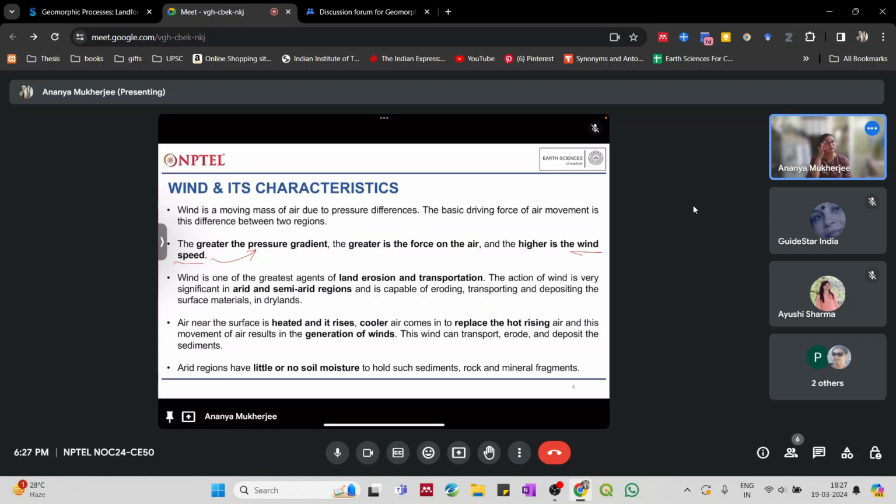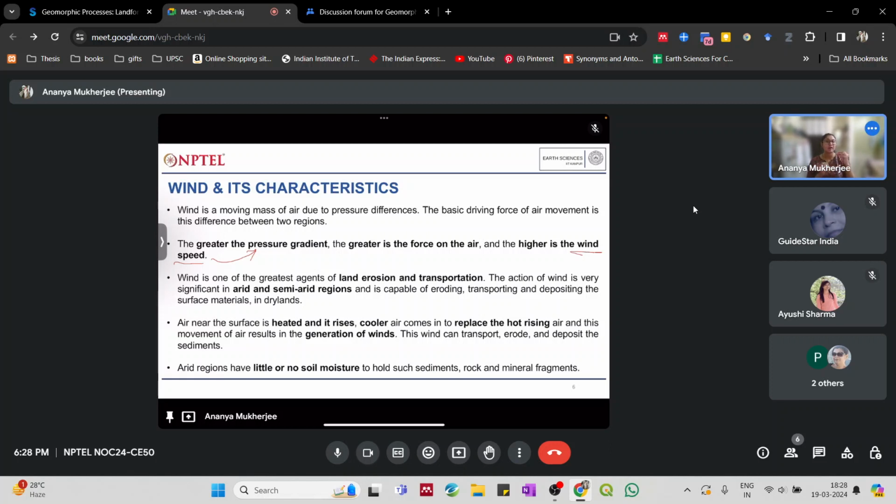And since the air near the earth's surface is automatically heated, it will rise, and the cooler air from the region, due to the pressure difference, will replace this hot rising air. This is where the generation of winds comes in; as we said, the driving force is the movement due to pressure differences. If the pressure gradient is high, the replacement of the hot rising air by the cooler air is going to go on at a higher rate, and it can generate very